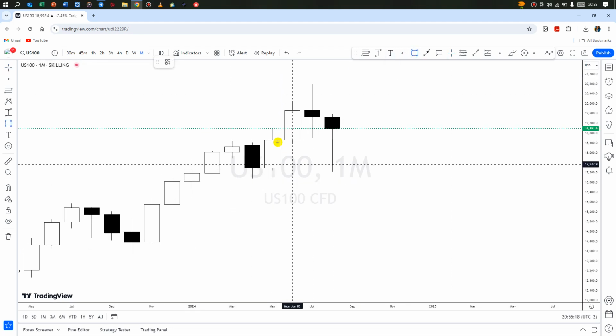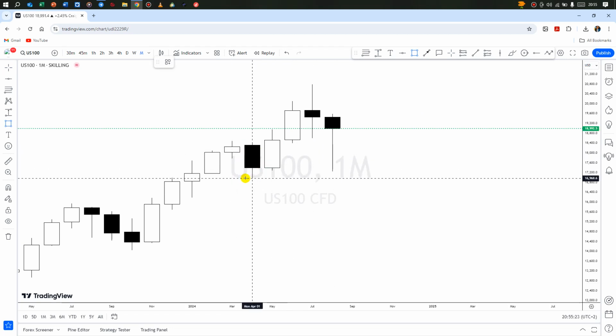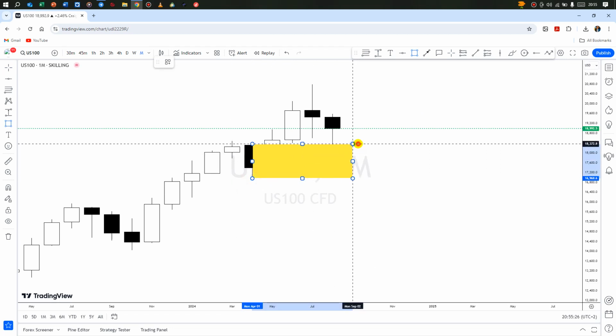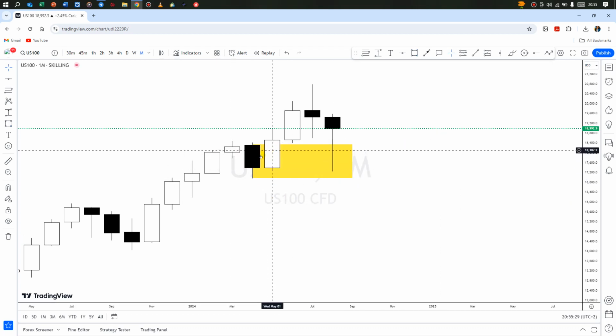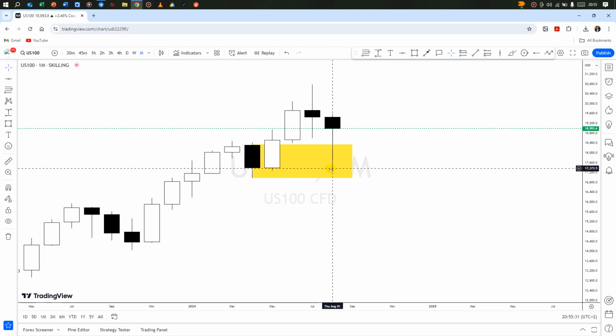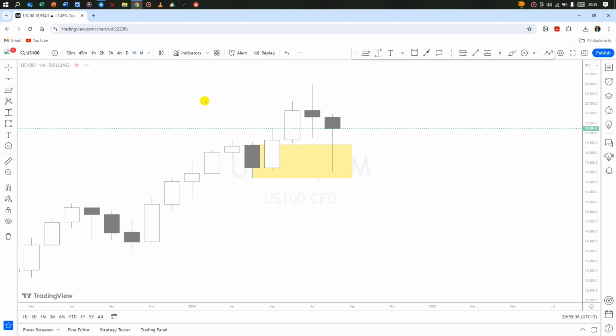So as you can see, currently I'm on NASDAQ, and NASDAQ is still rejecting from this monthly demand zone, like I said. As you can see, this was a top base rally monthly demand zone, and the price came to test it for the first time. As you can see, it has been rejecting to the upward side, right? So